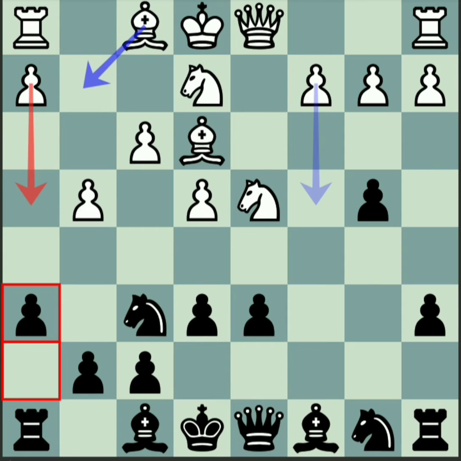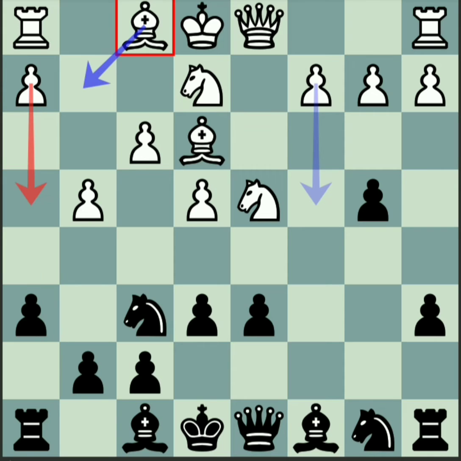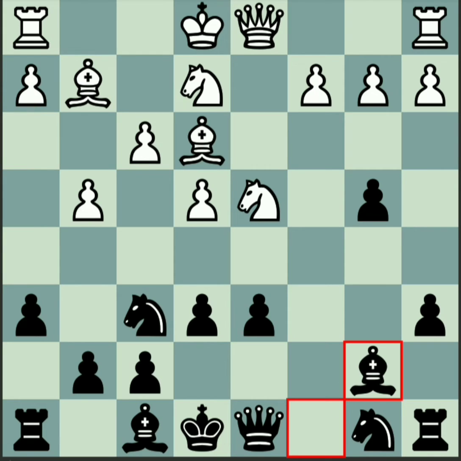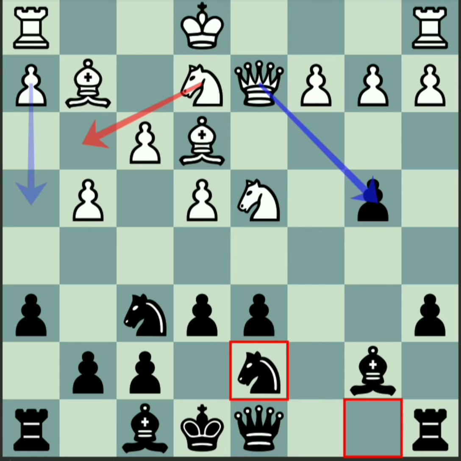Let's go back to move 10. So in move 10, if instead of an immediate h4, white plays bishop to g2, we have bishop to b7, and after queen to d2, we have knight bd7. And here, if white plays h4,